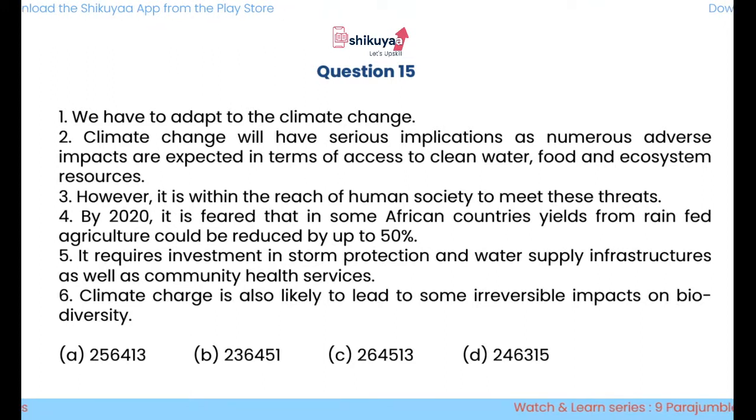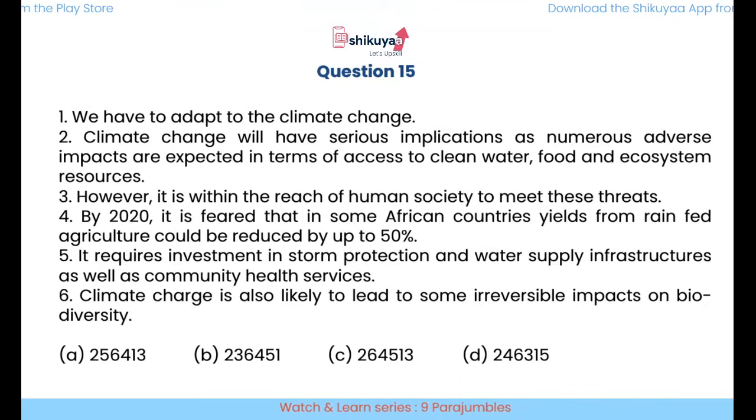If you see here, okay, Bhavesh, Sneha, Kirtiraj have replied. They say that 6 is the correct option. Now let us cross check whether sentence 6 is followed by sentence 2. Climate change is also likely to lead to some irreversible impact on biodiversity. Okay, it says also. See, when it is talking about also, तो उसके पहले भी कुछ होना चाहिए,